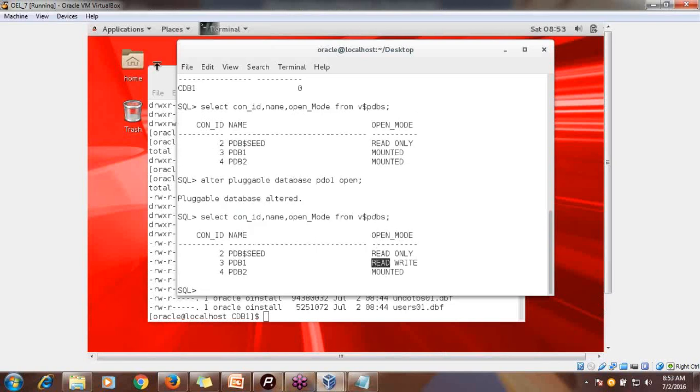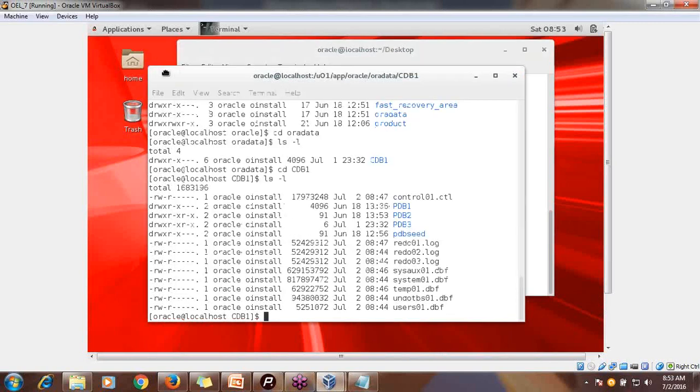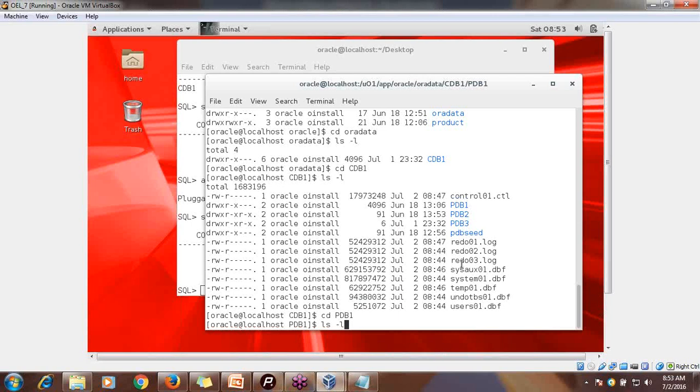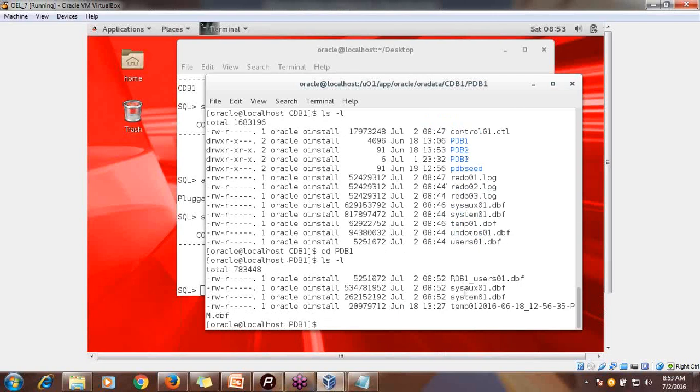Fine. And whenever you look at the physical level, I am just going into the directory structure at the PDB level. So here cd, you can see the PDB1 directory is there. You can see system, sysaux, temporary and user tablespaces, which are already created. So here I am going to store my actual data. This is the temporary tablespace. This is the system and sysaux tablespaces. No control file, no redo log files.